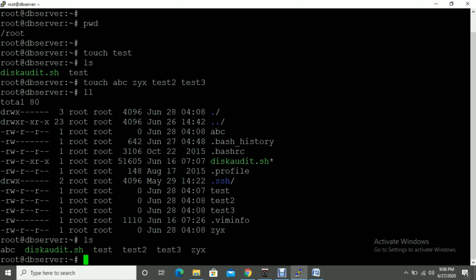If you want to create multiple files in one shot, four, five, six files, you can use it like that. This is the syntax. And if you want to give an extension, I will show you. touch, I'm going to create ram.test.